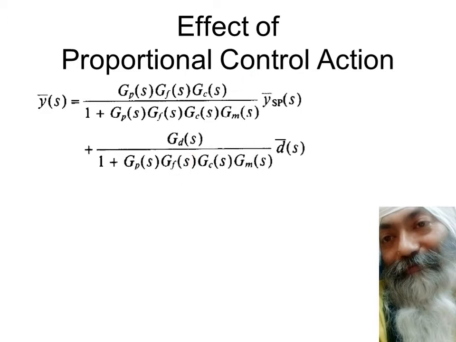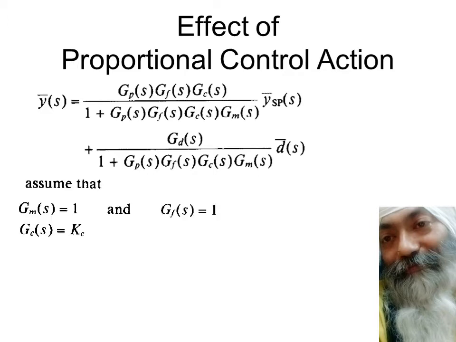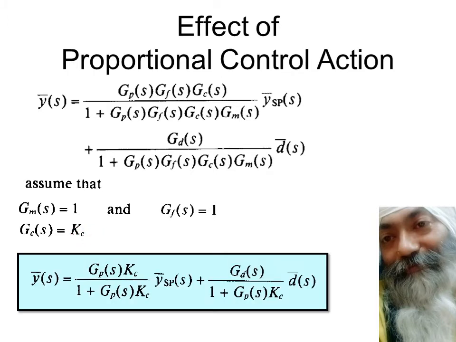So again, we are going to simplify these equations one by one for your easy understanding. What we see, first of all, we assume that, as I said, that measuring device has a simple transfer function as 1, final control element has a simple transfer function as 1, and the controller, because it's only a proportional controller, there is no integral, no differential, so its transfer function is taken as KC, as gain of the controller. This is what we go in for here.